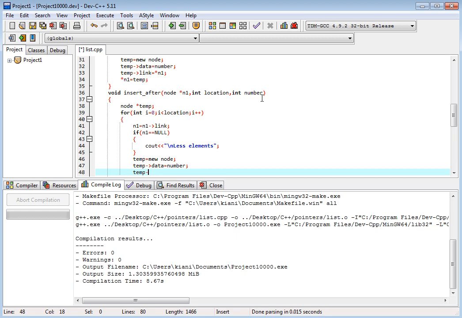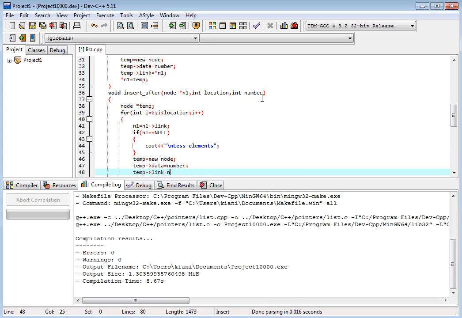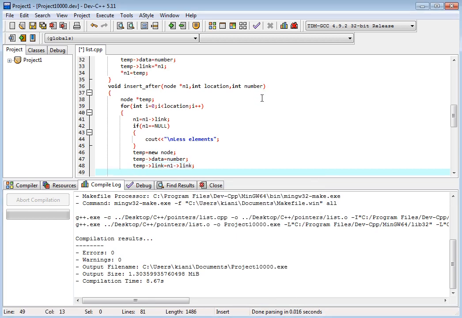Okay, and we have temp, its data part is number, and its link part is temp link is equal to n1 link. Okay, so now the data will be inserted.